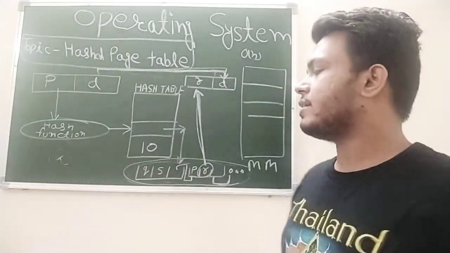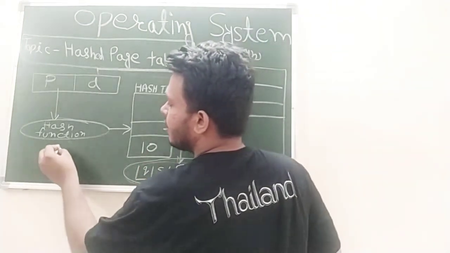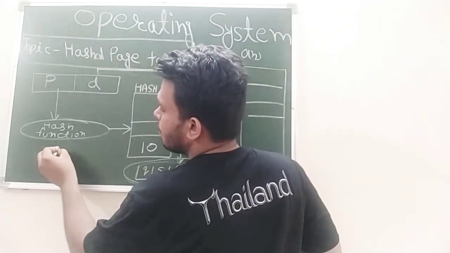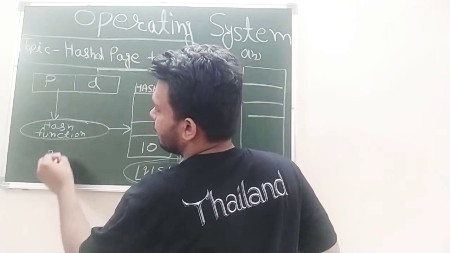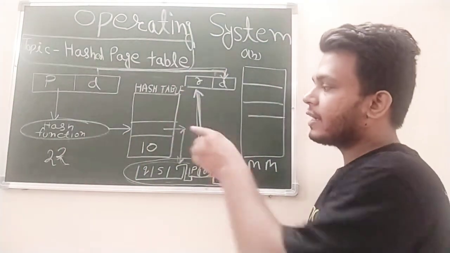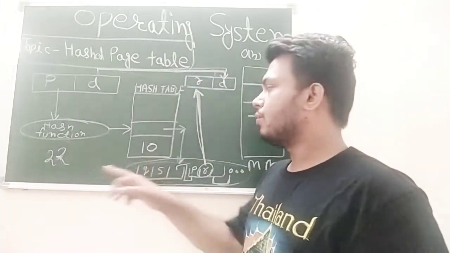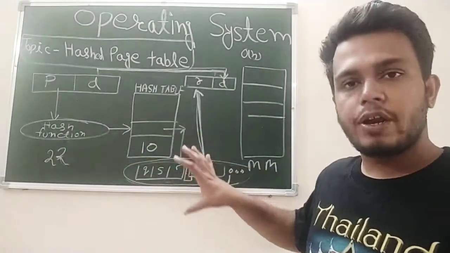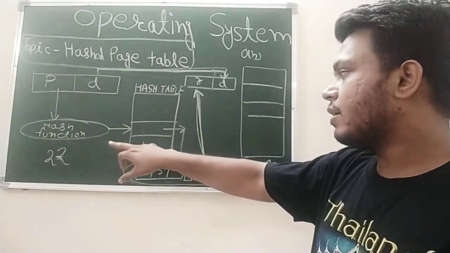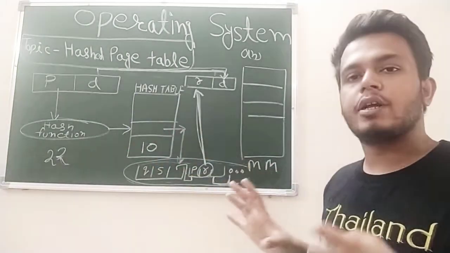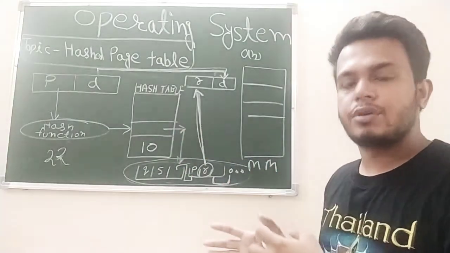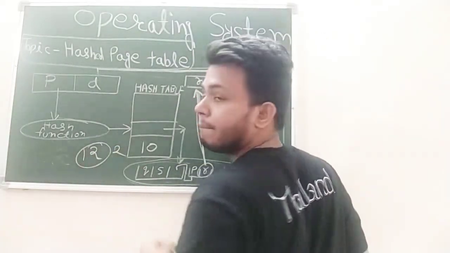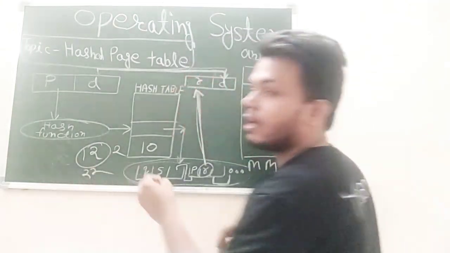Clear? Suppose one more address is generated, and that page number is 22. In the case of 22, what will be the remainder? 2. It will also be stored in that same place. So in order to avoid collision, because we are storing the hash value, यहाँ पर किसी भी तरह का collision ना हो, इसके लिए हम यहाँ पर लिंक लिस्ट का यूज कर रहे हैं. सपोज जैसे कि आपने यहाँ पर देखा, जब मैंने 12 से किया तब भी 2 आया, जब मैंने 22 से किया तब भी 2 आया.